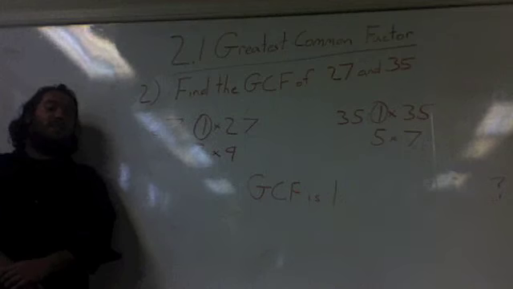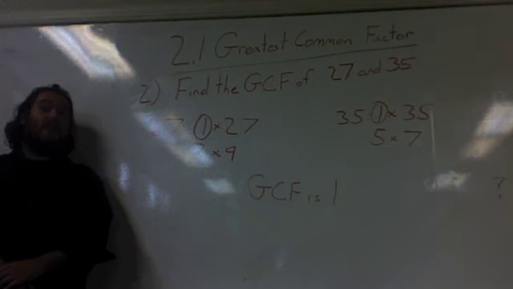As you can see in this problem, the only factor that both numbers had in common was 1, so that is the greatest common factor. Some students make the mistake when the greatest common factor is 1 to say that the numbers have no factors in common. Make sure you don't make this mistake. All numbers have at least that one